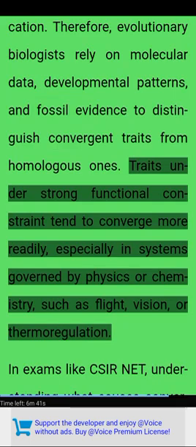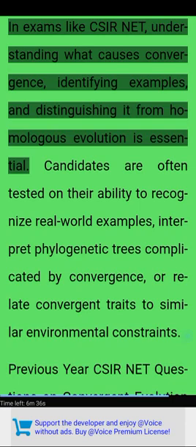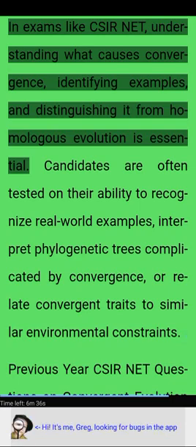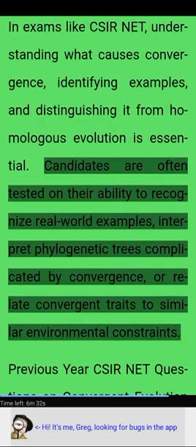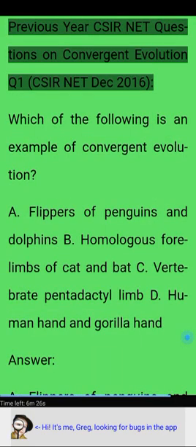Traits under strong functional constraint tend to converge more readily, especially in systems governed by physics or chemistry, such as flight, vision, or thermoregulation. In exams like CSIR NET, understanding what causes convergence, identifying examples, and distinguishing it from homologous evolution is essential. Candidates are often tested on their ability to recognize real-world examples, interpret phylogenetic trees complicated by convergence, or relate convergent traits to similar environmental constraints. Previous year CSIR NET questions on